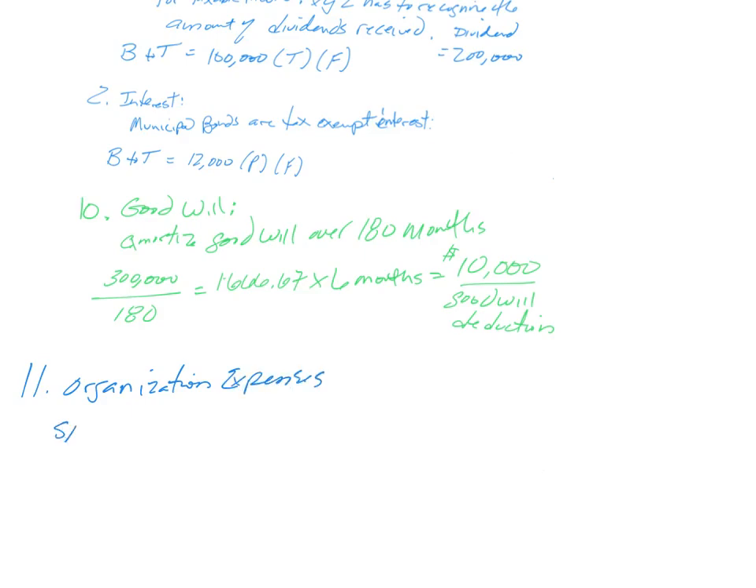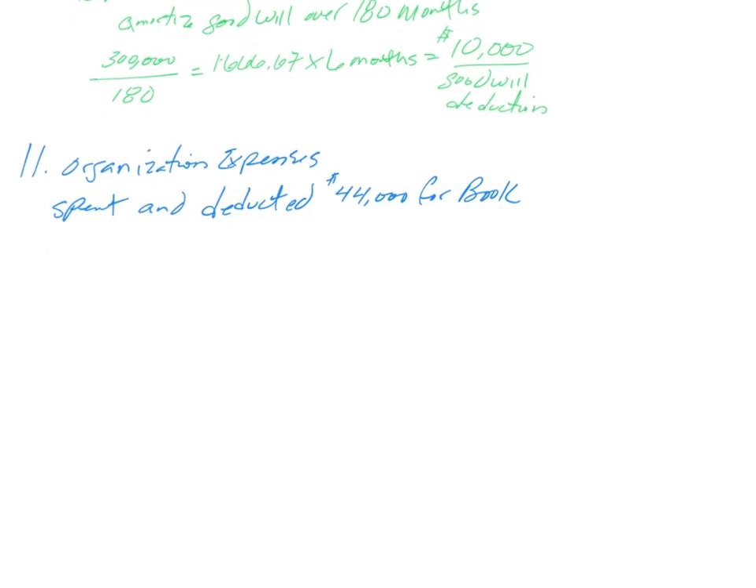Okay, so what did they do? They spent and deducted $44,000 for book purposes. Okay, why is that important to us? Well, that's very important to us because remember that there's a limit on organizational expenditure amortization and deduction for tax purposes. So remember, for taxes,